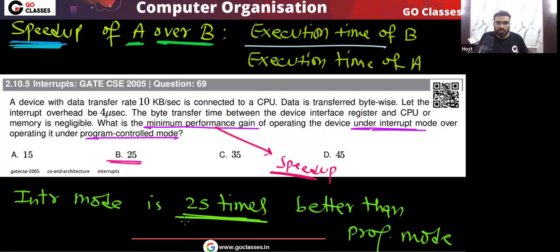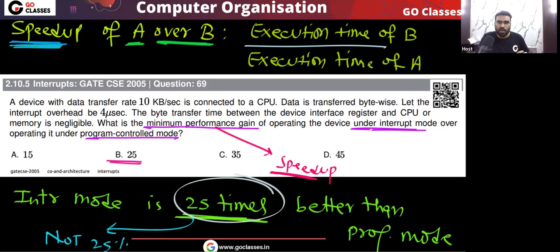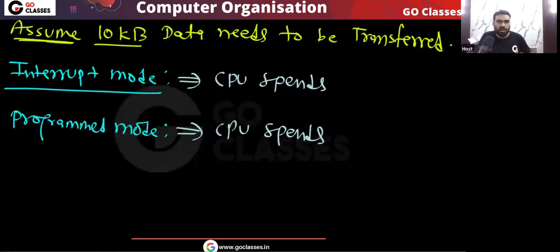Okay, so this is 25 times. This is not percentage. This is not 25%. This is 25 times. That interrupt mode is 25 times better than programmed mode. Okay, is this clear? Now I told you that same question you can solve from 1 KB point of view,